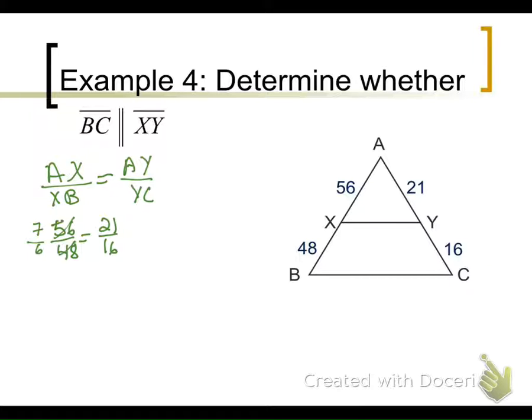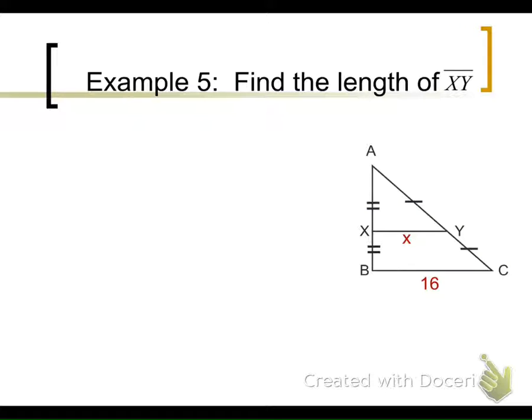So is 7 over 6 equal to 21 over 16? No. They're not equal, so these are not parallel. Not parallel. So can we just write no instead of writing that one? You got this one. So for this one, previously all of our examples had to deal with the fact that